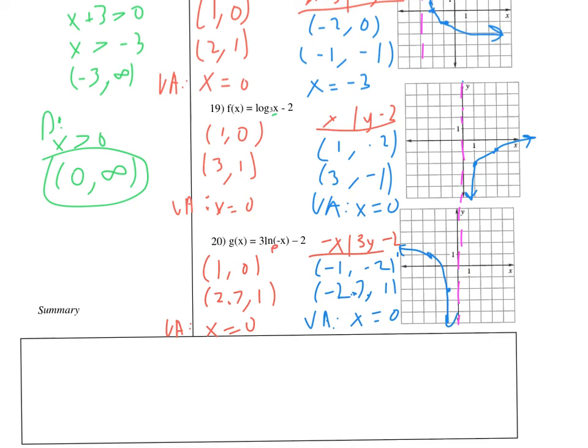Now, a very important aspect of this one I wanted to talk about was the domain. So let's talk about that now. On this one, I have to take the inside of the log, which in this case is a natural log, but it's still a log, and set it greater than 0. So in this case, we have a -x inside the log. So I'm going to say -x is greater than 0. So I have to divide by -1 to get rid of that, which means I have to flip the sign. Obviously, it's not going to affect 0, but it is going to affect the inequality. So it's going to become x is less than 0, which would give us an interval notation of -infinity to